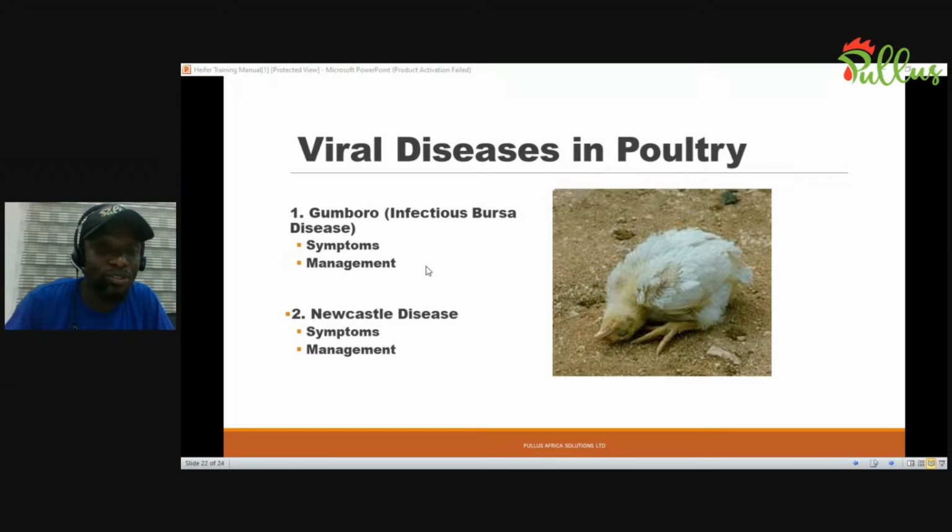It's still Newcastle. You might also see Newcastle that is very virulent, where within a few days you see that the mortality rate is very high. You see this torticollis, you see paralysis, you see the greenish feces happening at the same time. That could also be Newcastle because it is a multisystemic problem. It affects several organs at the same time. It affects the digestive tract, the neural system, and the respiratory system. It might be affecting all at the same time, or it might be affecting some at the same time.